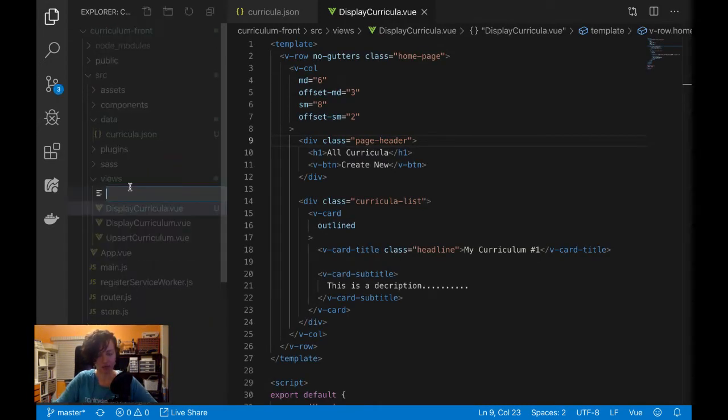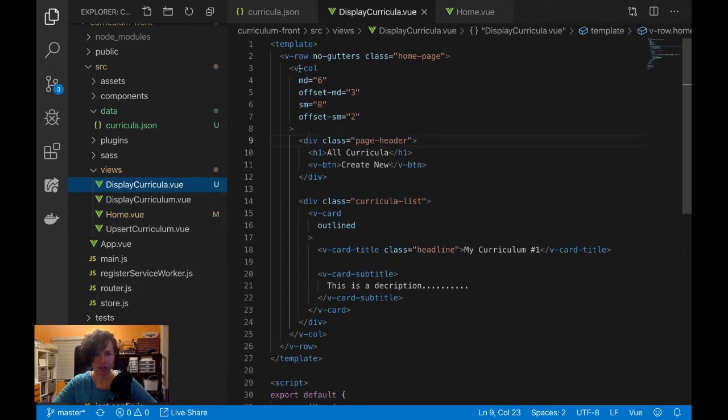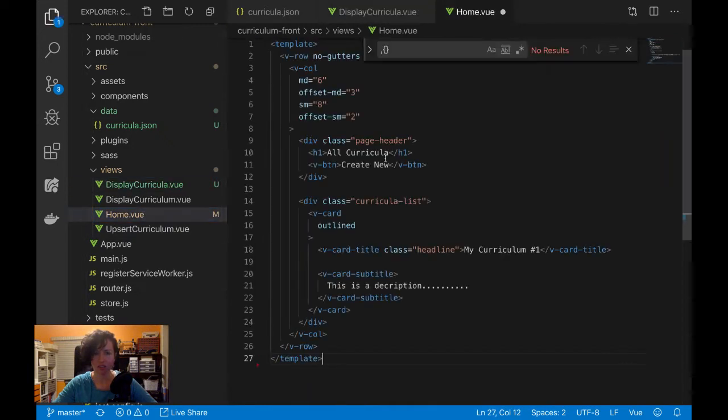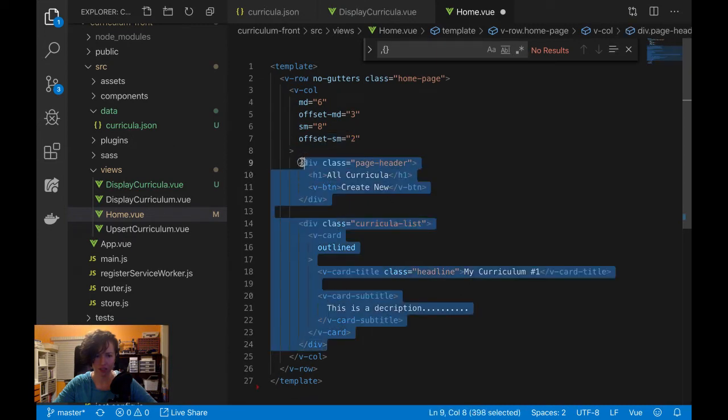And then I'll make a new file for home.view. All right. And now row, and all right, let me get rid of all this and just say